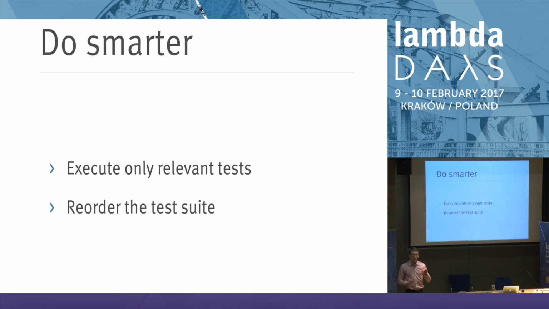We might also reorder the test suite. This is an idea which I find interesting. We might notice that certain tests are more likely to kill mutants than the others. Now, when we're running a test suite, we can stop running it after the first red test because we already know that the mutant is dead. Which means that if we reorder our test suite and put all the tests likely to kill mutants at the front, statistically we might save some time because less relevant tests will be run towards the end.